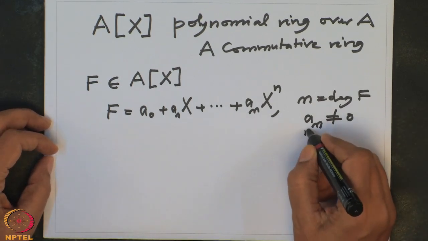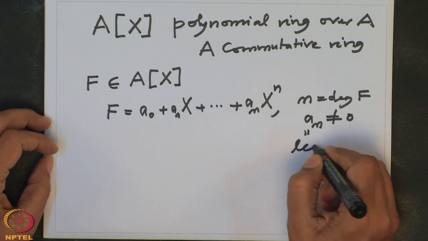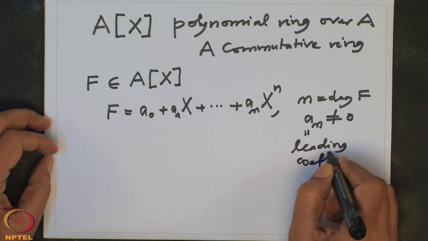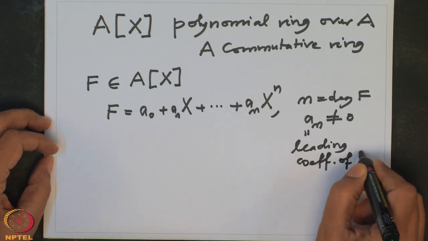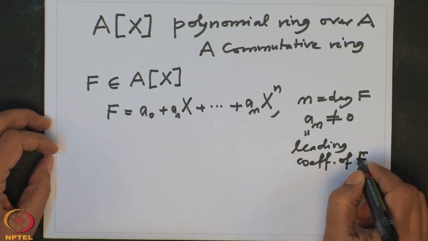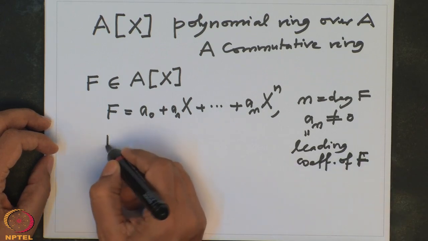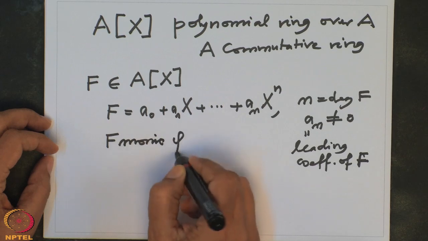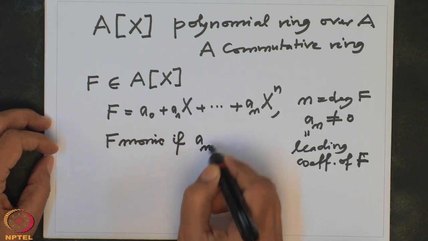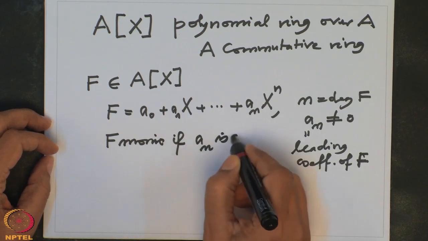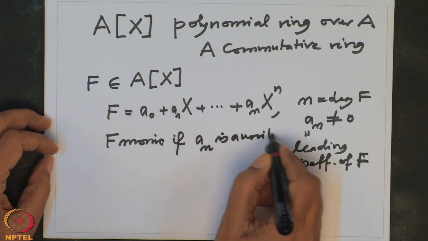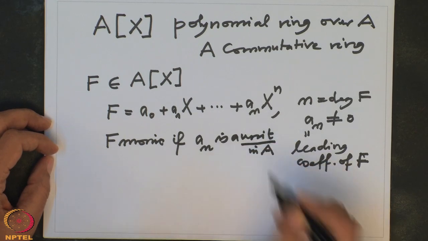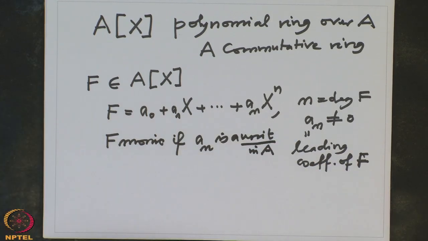This an is also called the leading coefficient of f, and we call f monic if an is a unit in A. Now, since I said unit, let me recall a few